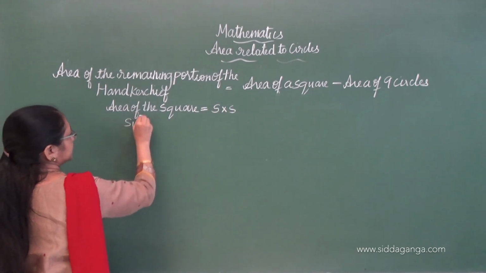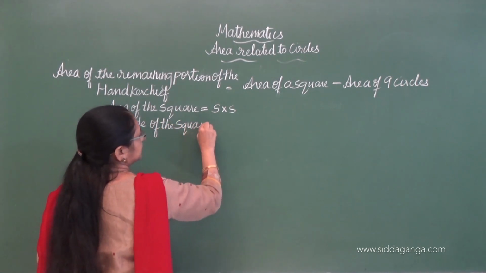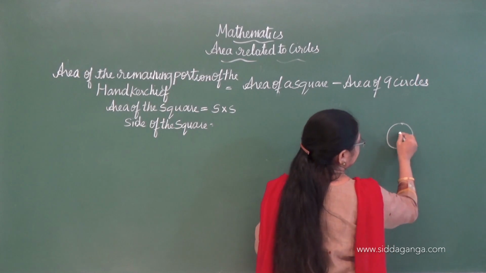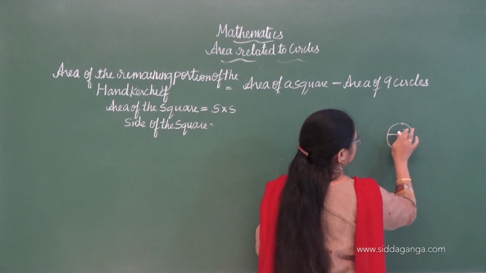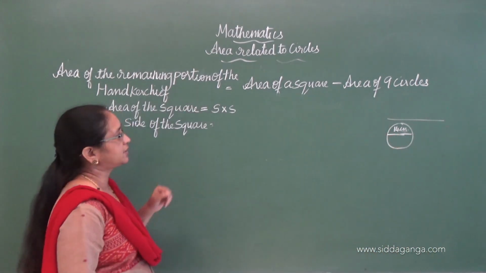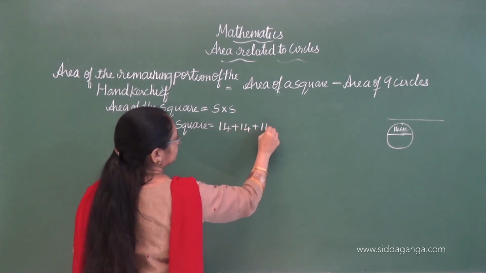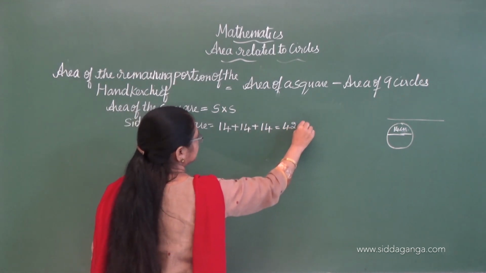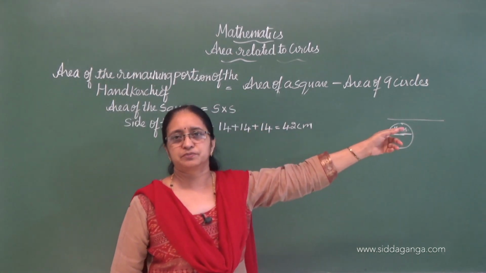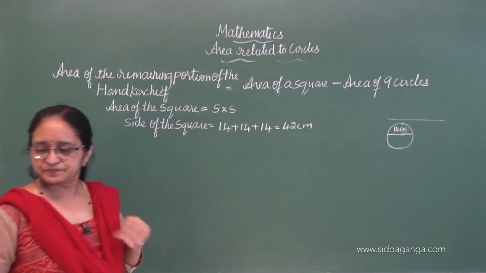Therefore, side of the square, you can draw the figure and you can represent there by drawing the circle and just show that the radius is 7 centimeter. So the diameter will be 14 centimeter. So you can draw the diagram and represent that. Okay. So side of the square will be 14 plus 14 plus 14. 14 3s are 42 centimeter. You can show this in writing there, and also by representing it in the diagram. So please draw the diagram. Okay. Then